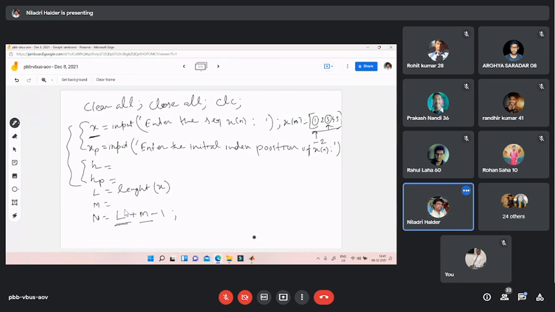Similarly, m is the length of h, so the length of h will automatically be stored here. So you know L, you know m, so the n value will be automatically calculated. If this is x and this is h, suppose the length is 5 and the length is 3, 5 plus 3 is 8, minus 1, 7. So the value of n will be 7 for this case. Okay. So up to that, clear?